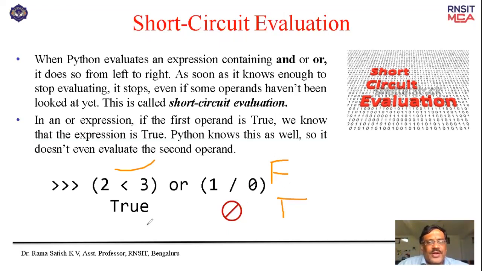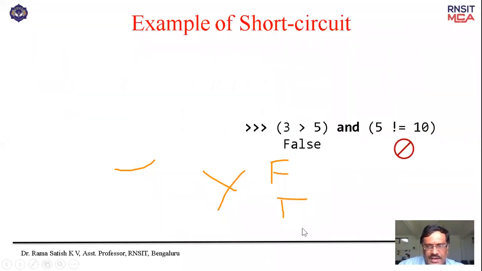So this is what you call short circuit. It will execute only this, it will not execute this. Without executing this, it will run and you will get the answer. So that's the thing. Another example is